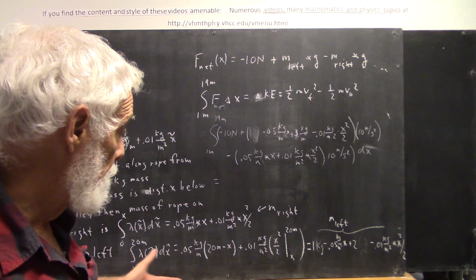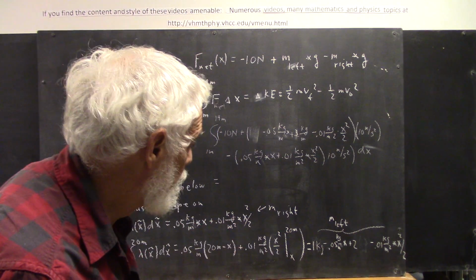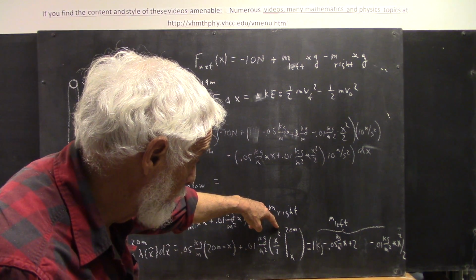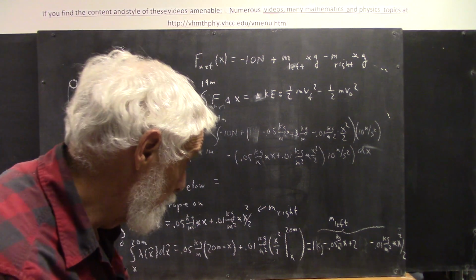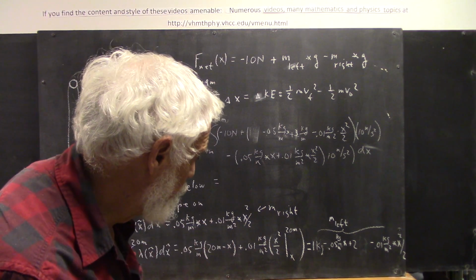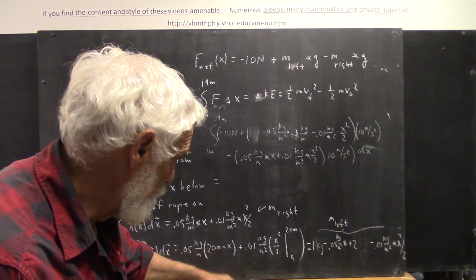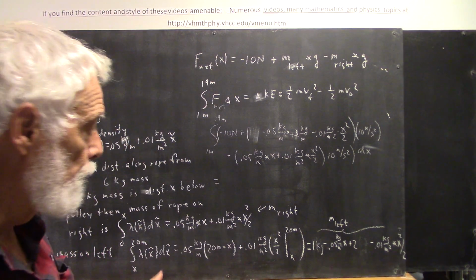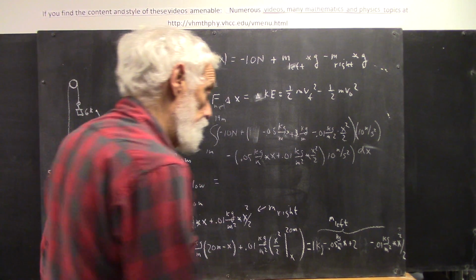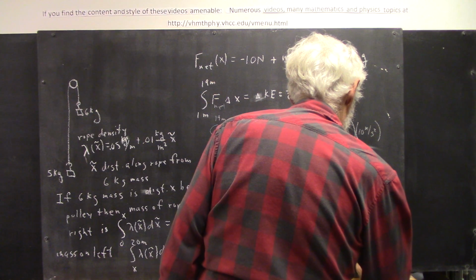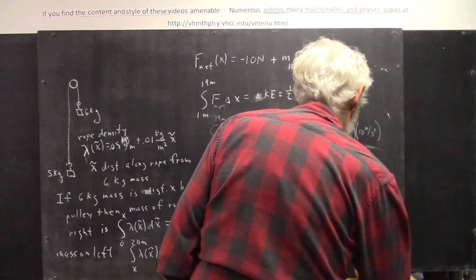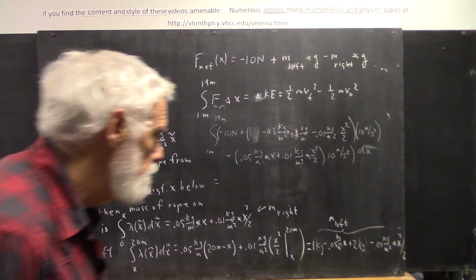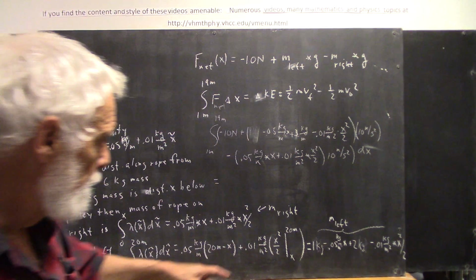Then we substitute the 20 meters in here. We get 400 meters squared divided by 2, which is 200 meters squared. 0.01 times 200 is 2 meters squared. Times the units, kilograms per meter squared, that's going to give us kilograms again. So that's 2 kilograms. Then you have the minus